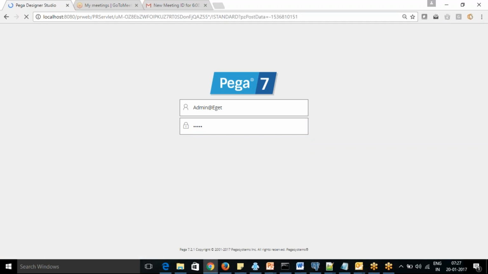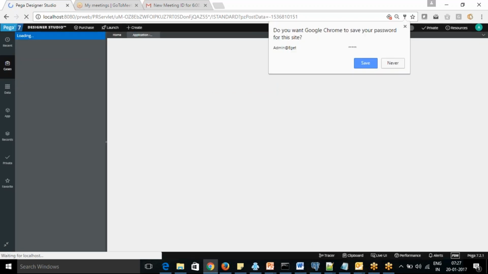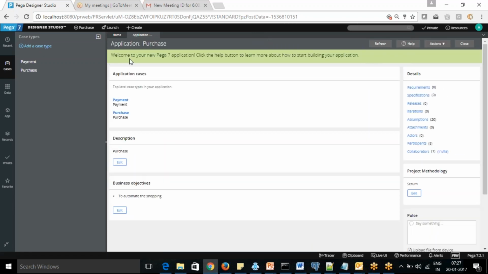Rules, RULES, rules. Pega's default password comes as rules. You can see the first message, the first time only you will get this message: Welcome to your new Pega 7 application and start building your application. So we'll continue tomorrow from the same place.